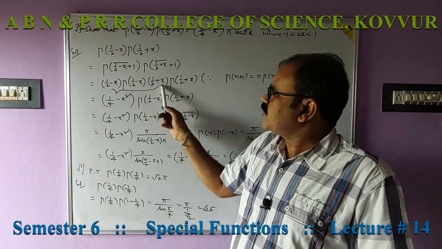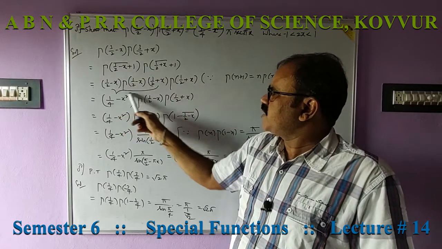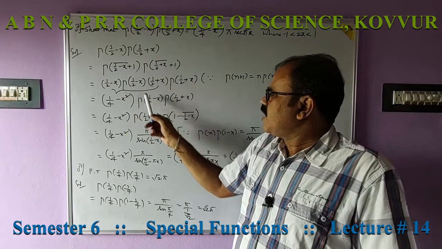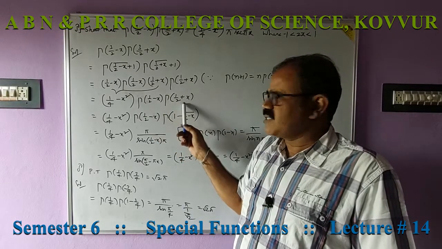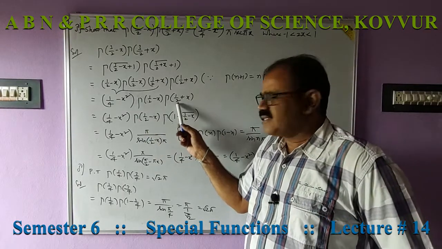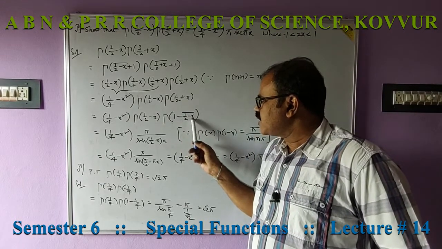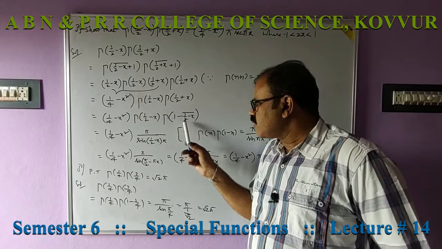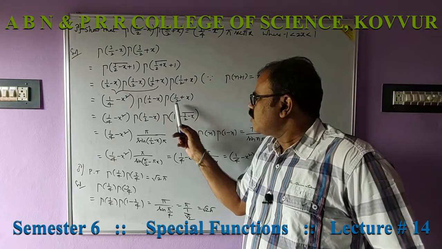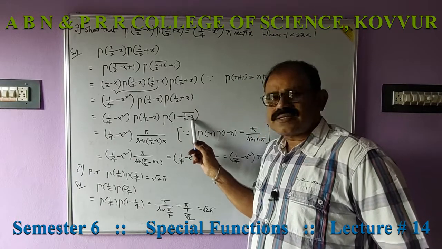So 1 by 2 minus x, 1 by 2 plus x, that is a minus b, a plus b, that is 1 by 4 minus x square. Multiplying these two, you get 1 by 4 minus x square, and what remained is gamma 1 by 2 minus x, gamma 1 by 2 plus x. Let us keep gamma 1 by 2 minus x as it is, and we can write gamma 1 by 2 plus x as gamma of 1 minus 1 by 2 minus x. Simplify: 1 minus 1 by 2 is 1 by 2, minus of minus x is plus x. So 1 by 2 plus x can be written as 1 minus of 1 by 2 minus x.